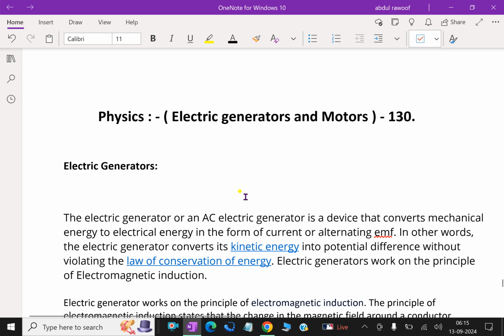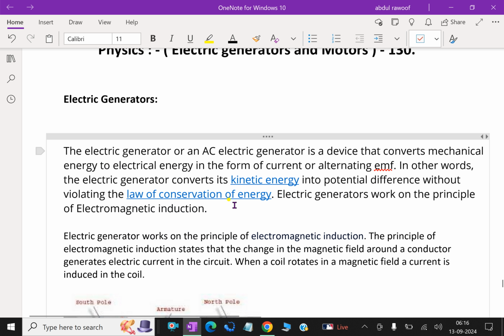First, we will discuss electric generators. Electric generators are machines that convert mechanical energy into electrical energy. A simple generator produces an AC voltage or DC voltage. Regarding the components,